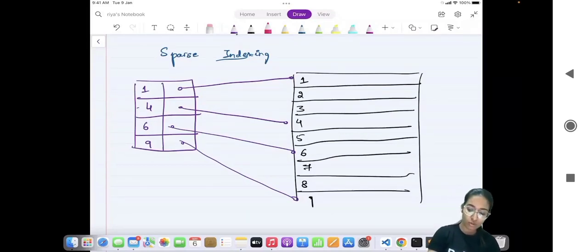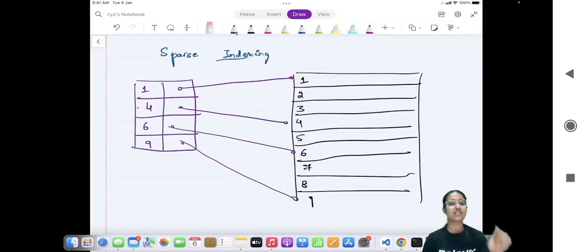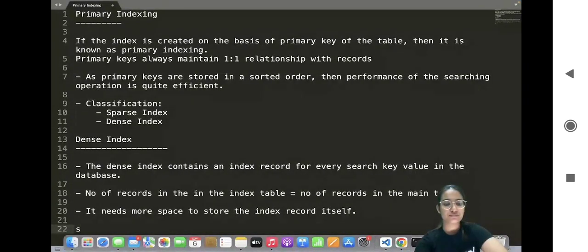So let's say if someone wants to search for 2, right, I will see for 1, and then corresponding to that I will have to do 2. Whereas if 2 would have directly been present, it would have been faster, but that was dense indexing. In sparse indexing, like I said, it takes less space, but it takes more time to actually search for a record because you're not storing indexes for each and every record, okay. So just to summarize what happens